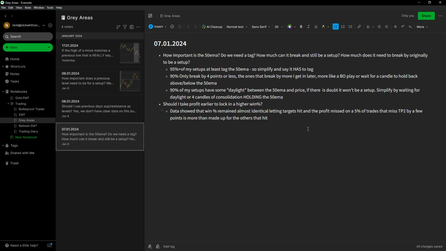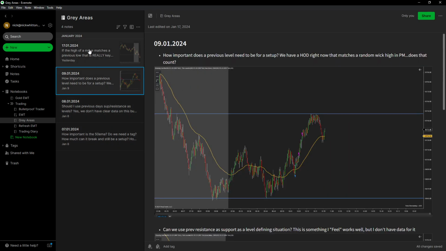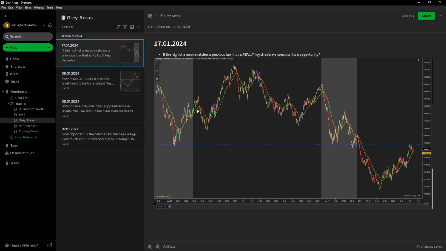And the reason for that is we don't actually have the answers behind us. So a really important thing that I do now whenever they come up, and as you can see, I've only got 4 notes on this, and that's because I did a bunch of them at once. Whenever something comes up where I go, this feels like it could be a trade, but I'm not sure, I'm going to note it in here. And then I can use my data to look back through and go, okay, this is something that I should probably